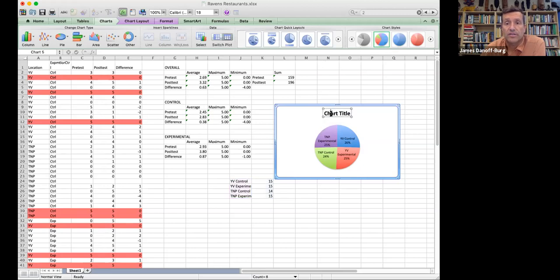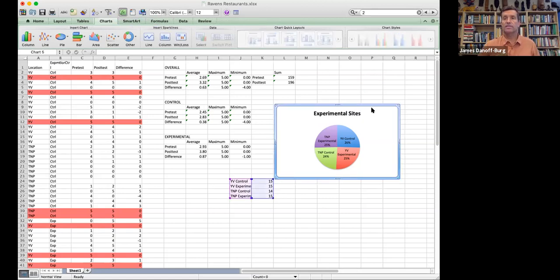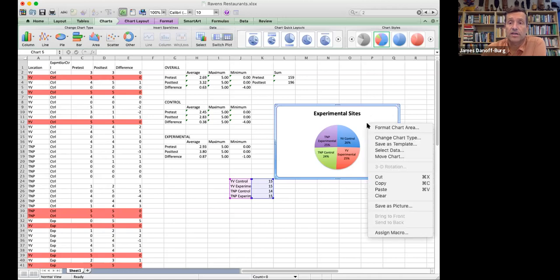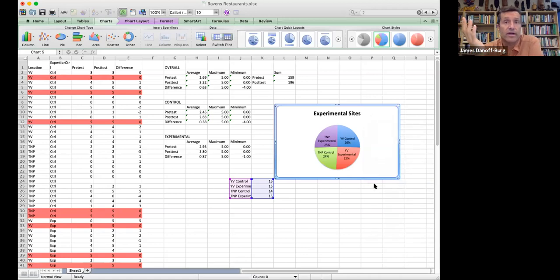And then if you want to put in a chart title, you just click into the box, double click on the chart, as I've done, and then delete it, and type "experimental sites" in it, and just click off of it, and then you've got a chart. And you can copy this chart and paste it in a Word file or in a document file, whatever you have, and then you have it there. You can continue to modify the colors, you can modify the layout, you can make the pie chart bigger by just clicking and